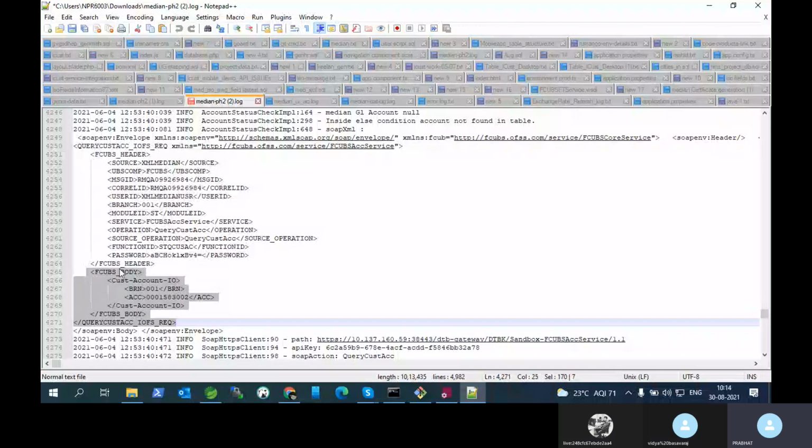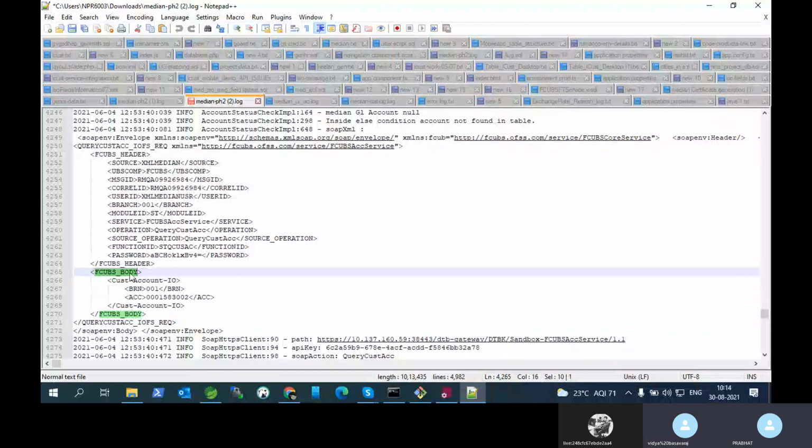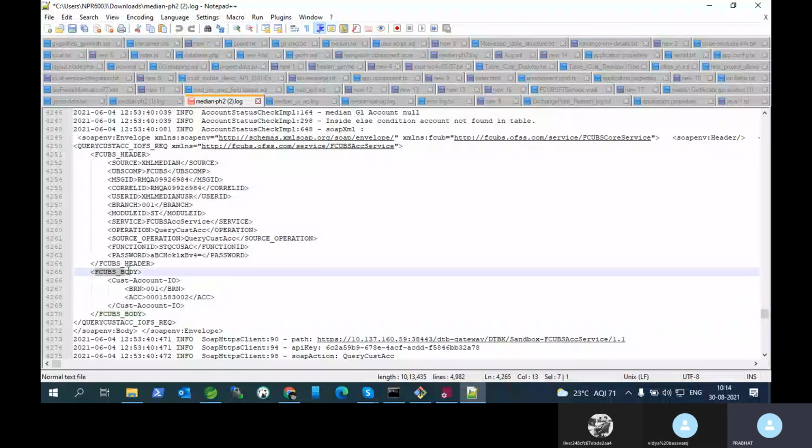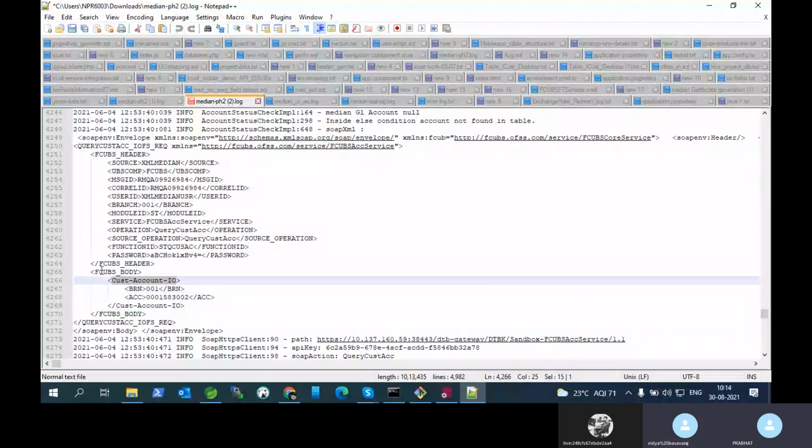Now see here. So sometimes what it will do is, suppose FCUBS body is there. Body tag we can ignore, but inside that, if anything is coming, we can include this one also. So suppose branch number we are displaying as a tag. So what is the node for this one? The node is Cust account. FCUBS body or cust account IO. So either we can display both, or we have to display this cust account IO.